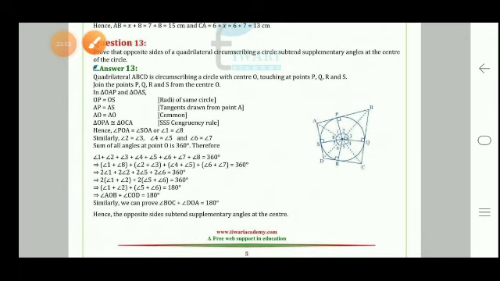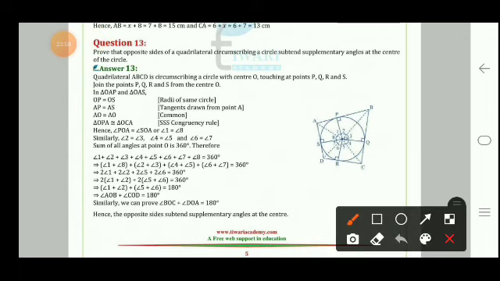So we can see here, in triangle OAP, can you see OAP? Yes, OAP, this one. So we are considering this triangle and this triangle. Considering these two triangles, what do we have here? We have OP is equal to OS, radius of the same circle. We have AP is equal to AS, tangents drawn from the point A, and then OA is equal to OA, that is common here. So by the SSS criteria or the SSS congruency rule, both the triangles are congruent.